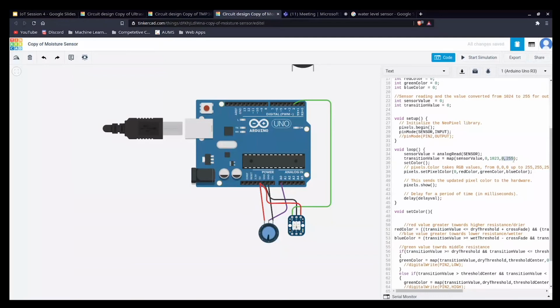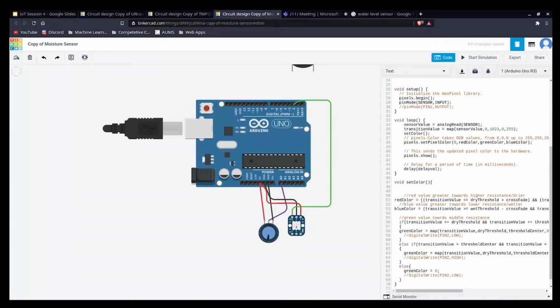Why 0 to 255? Because each color is depicted in the format of numbers between 0 and 255. Whether it's red or green or blue, each color has three variables, and each of these variables has different numbers in the range of 0 and 255.